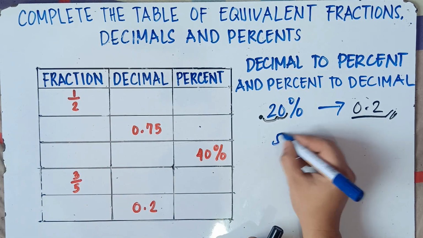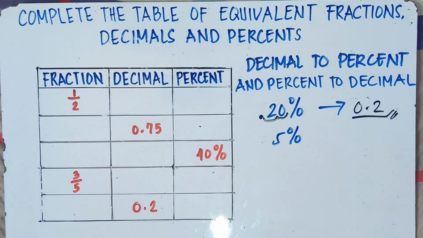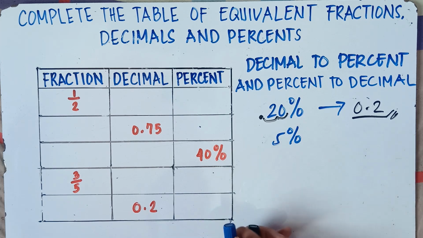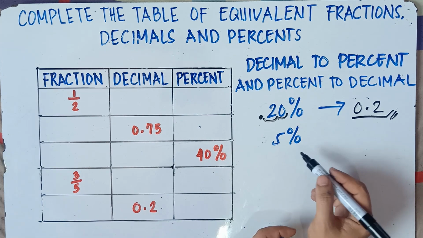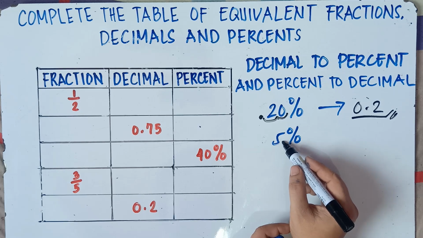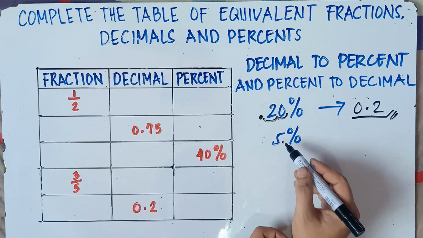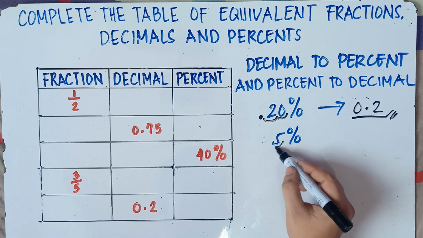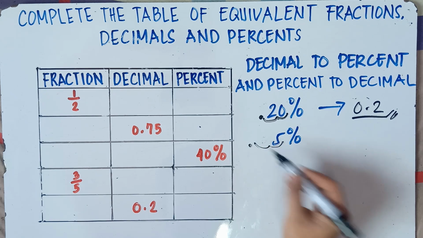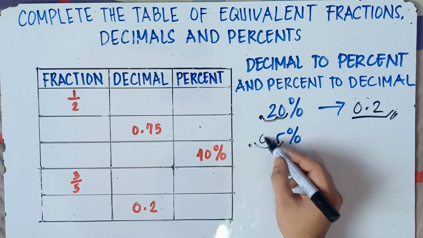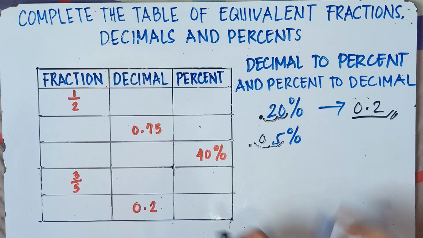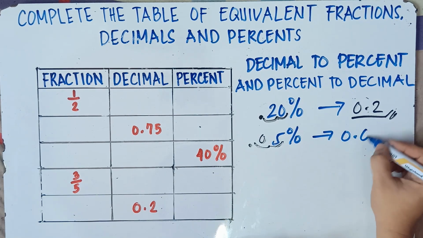What if we say 5%? How will you convert that one into decimal? So once again, move the decimal point right to left. The point is after the whole number, 5. Alright, there's a point here. Move it right to left twice. 1, then 2. That's it. Of course, we need to add 0 because we moved 1, then 2. So the answer is 0.05.